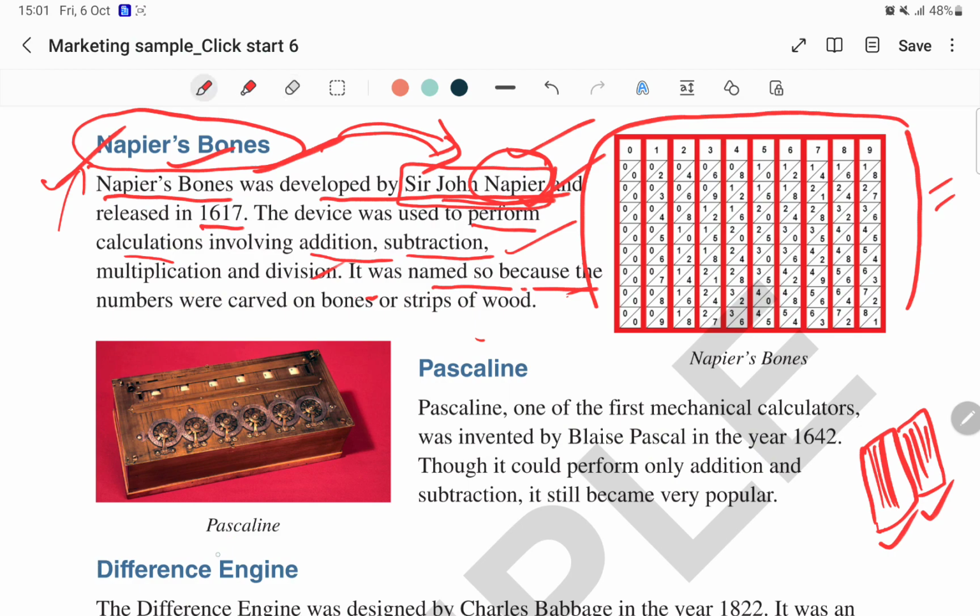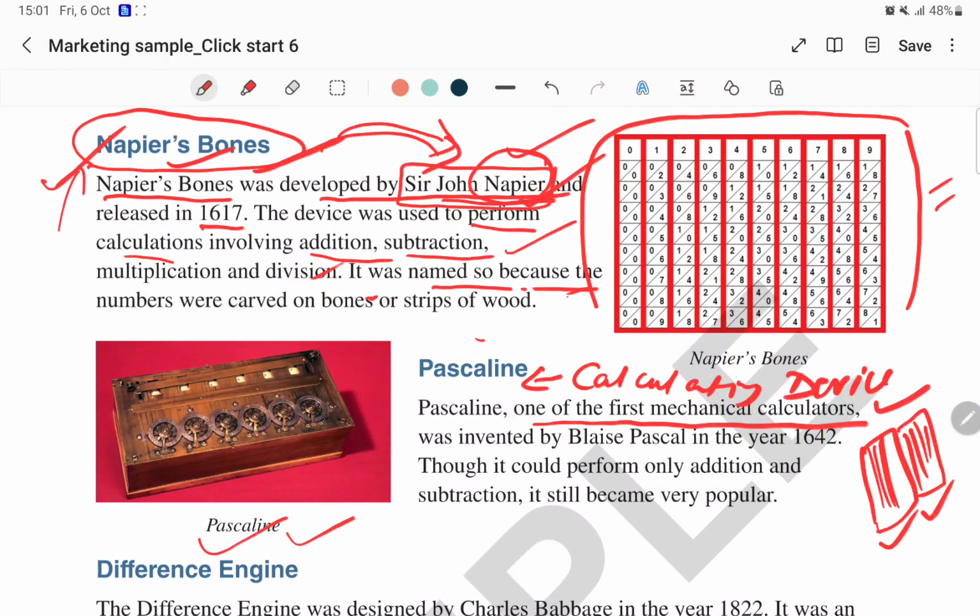Okay, this is the Pascaline, and this is one of the first mechanical calculators, although it comes under the heading of early calculating devices. It also used to calculate, but it is also one of its kind of mechanical calculators. It also comes under the category of calculator. And which type of calculator? Mechanical calculator. It means although it is a calculating device,